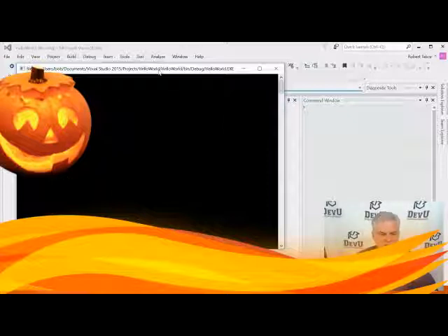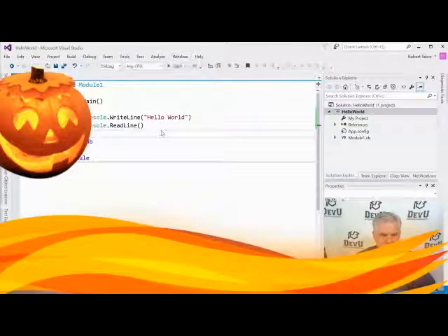How do we stop the application? There's two ways. I could click the little X button here in the upper right-hand corner, or I can hit the Enter key on the keyboard. The application will stop executing, and now we're back into edit mode in Visual Studio, back here in the code where we could modify it and make changes. So you can see that Visual Studio has now returned to its original state, and you might see some other windows pop open from time to time. You can safely ignore those for now.